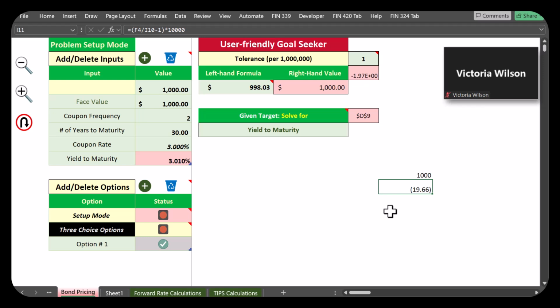Or 1 basis point increase in yields decreases the value by about 20 basis points. Sometimes you multiply that by the original price. That's actually sometimes known as value of 1 basis point. So if this was originally a par bond, 1 basis point is worth $19.50 loss. Of course, approximately speaking, if you go to 310,